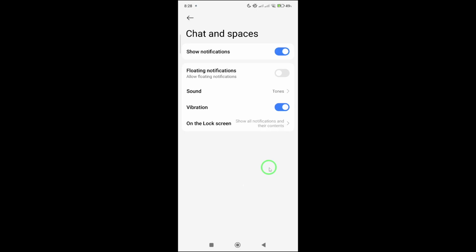If you ever want to turn the notification off again, just return to the same place and toggle the switch back off. By keeping your chat and spaces notifications on, you'll stay connected, organized, and ready to respond when it matters most. Take a minute to set it up, and you'll notice how much smoother and more responsive your Gmail